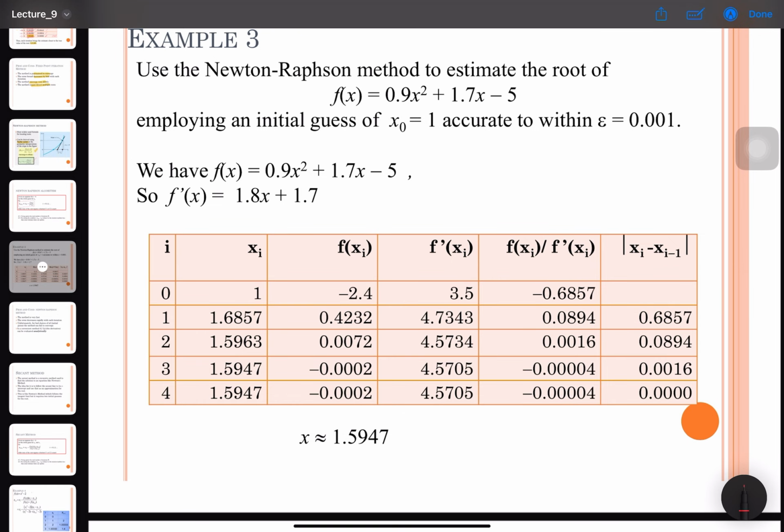Example 3, the question. Use the Newton-Raphson method to estimate the root of f(x) employing an initial guess of x0 equals to 1, accurate to within epsilon equals to 0.001. Okay, so this is the question they give you. Now, for the first step,